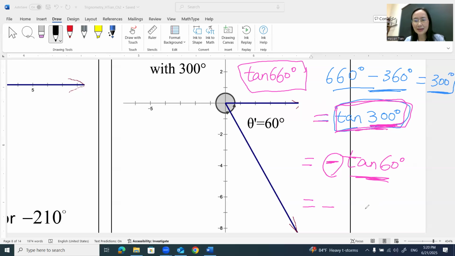What is tangent 60 degrees? So square root of 3. Remember, tangent 60 degrees is cotangent of 30, right? 30 is the complement of 60. So cofunction identities. Now if you remember cotangent of 30, then you can remember tangent 60. They are related. All right,